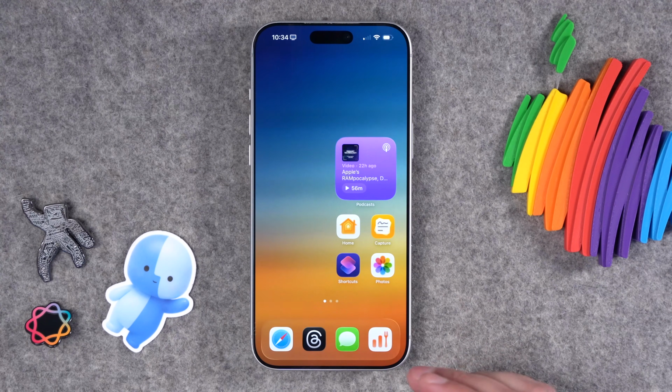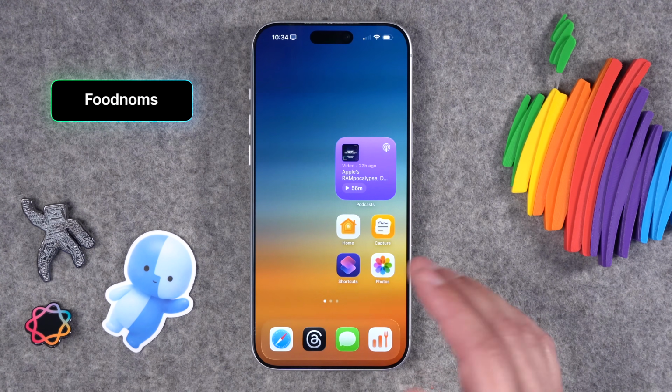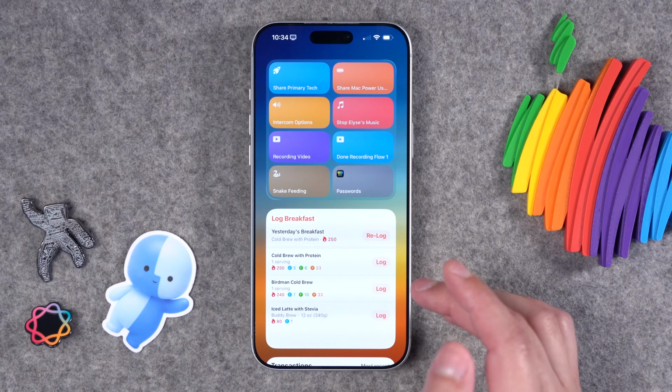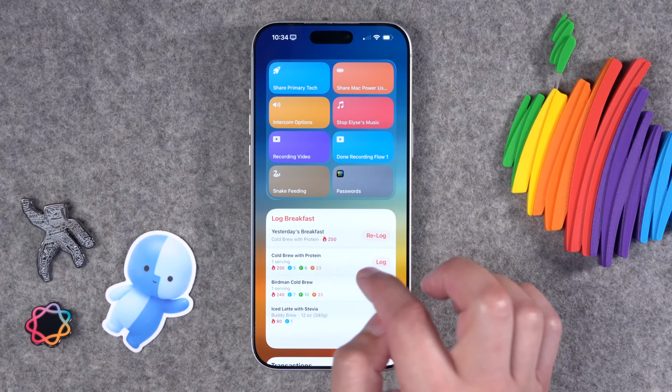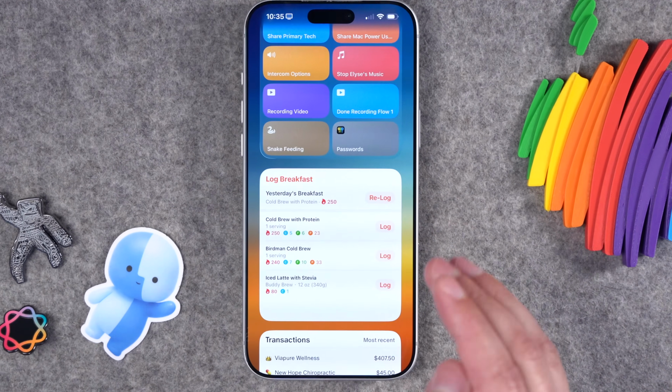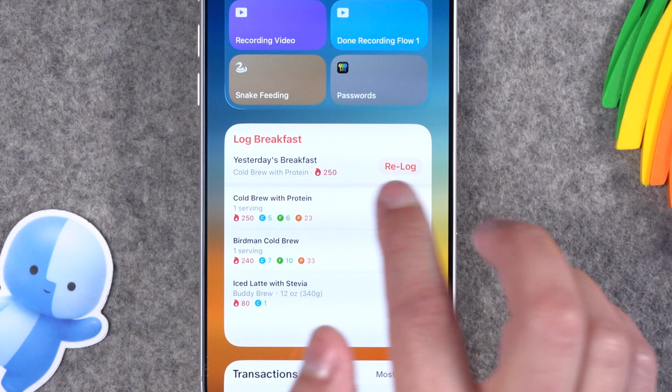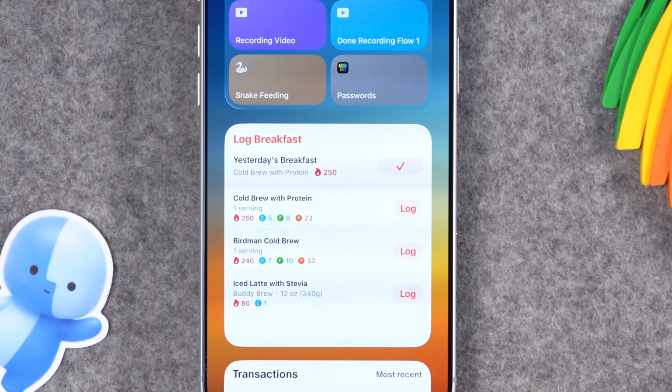Next, this app earned a place in my dock several months ago when I started tracking all my calories and food and things like that. And one of the things I love about it is its widget. I keep its large widget here in the Today view, and I can actually quickly log food right here without even opening the app. So I typically have cold brew with protein every morning, and I can just tap relog